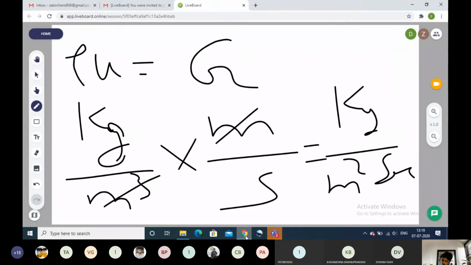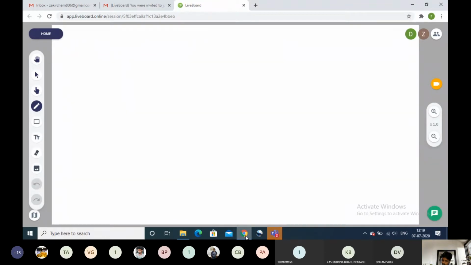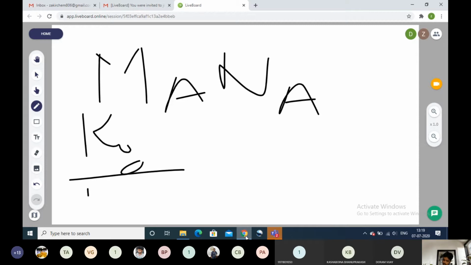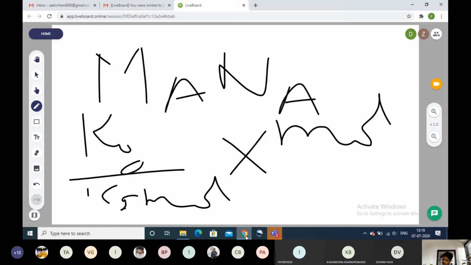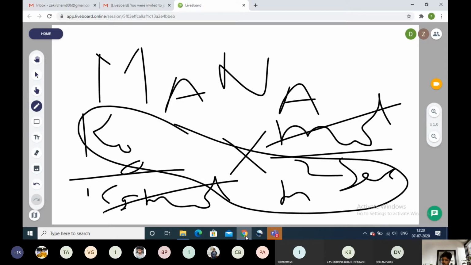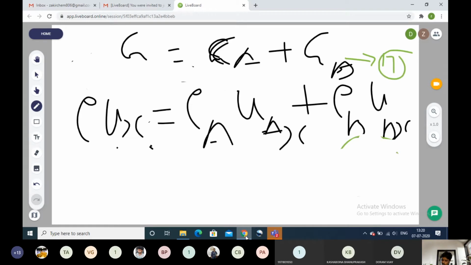I'm just adding one more slide here. Then what about MA into NA? We can check the units. MA is measured in kg per kg mole or gram per gram mole, into NA, which is kg mole divided by meter square per second. We can just cancel out the mole term. The left out terms will be kg per meter square second, so it is the same as the mass velocity. We can write this as equation 18.